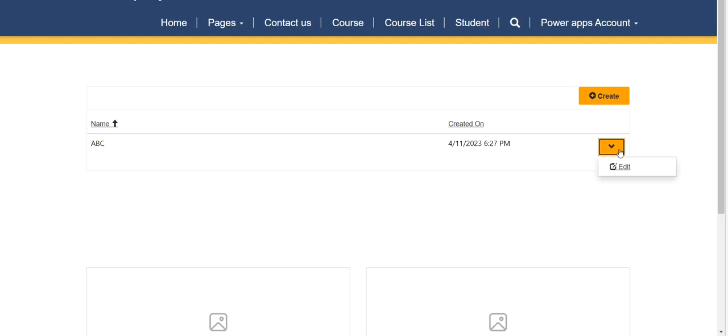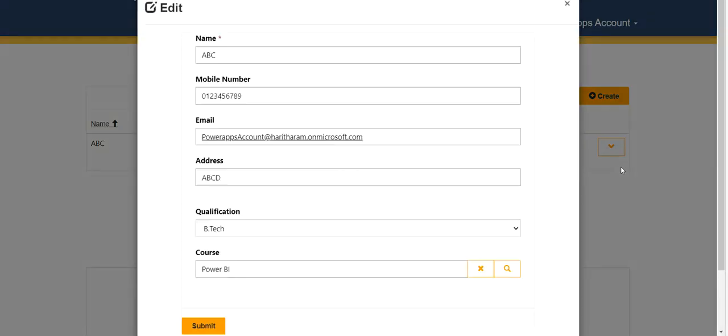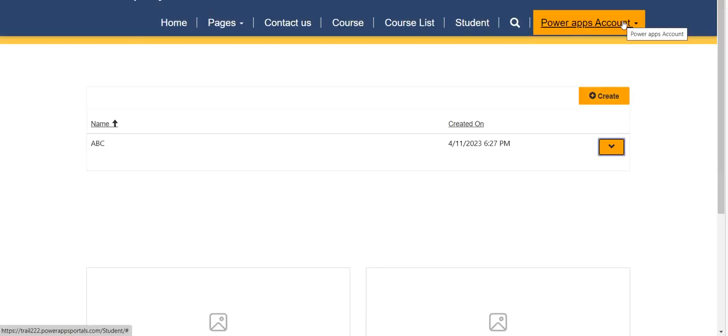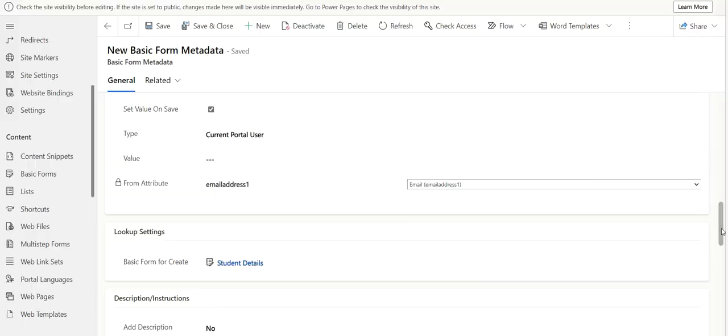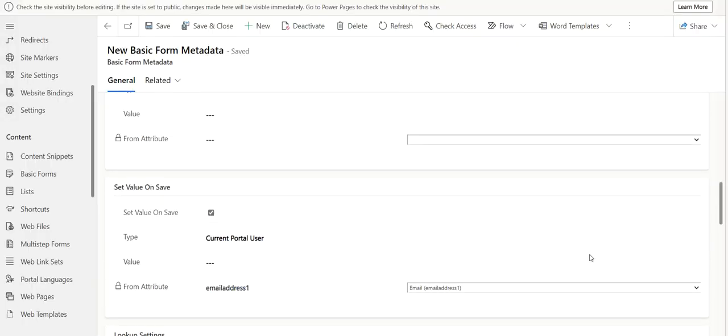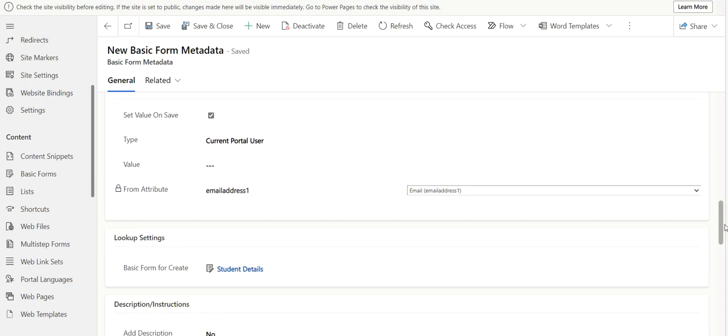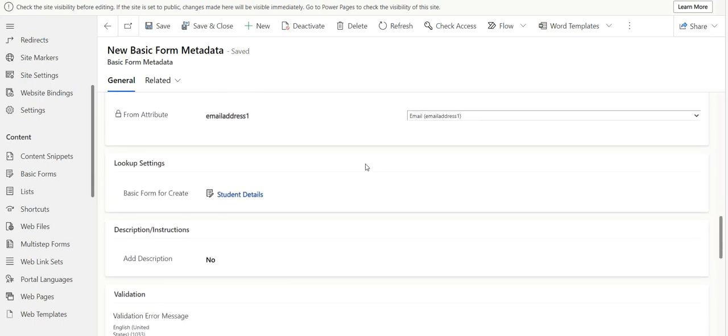So we have created a record, right? Now we can check whether it is populated or not. Okay, these are what we entered manually, but the email we have not entered. It is taken automatically from the email ID of whoever signed in. So using the onSave function we can use it like this, set value onSave. Now we have one more thing, lookup settings. What does it mean? Basically,